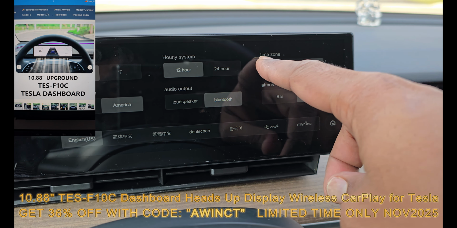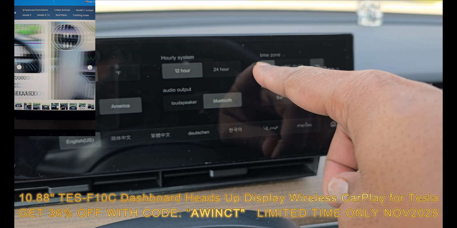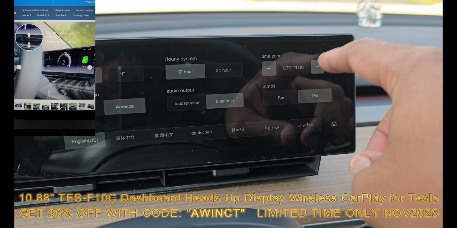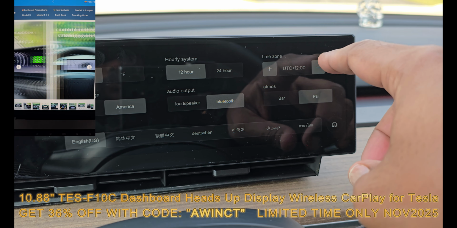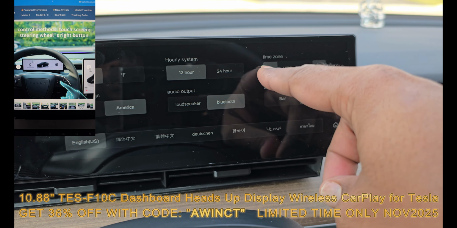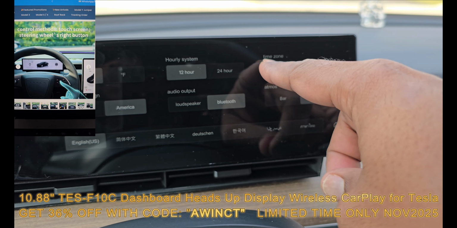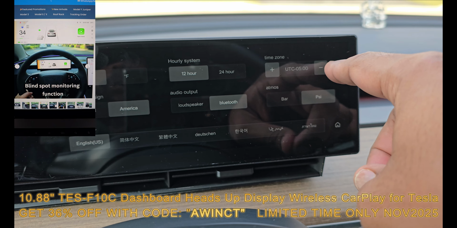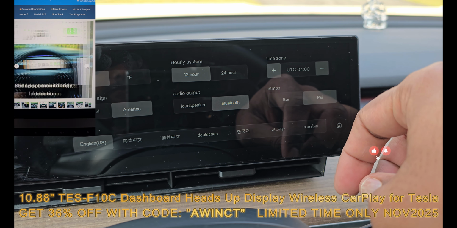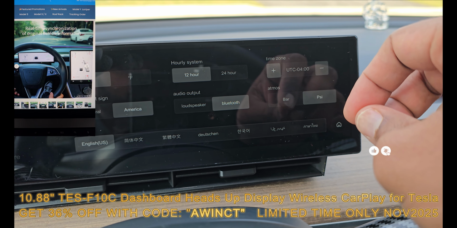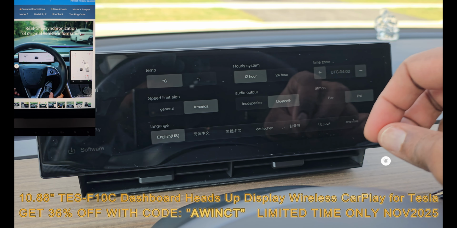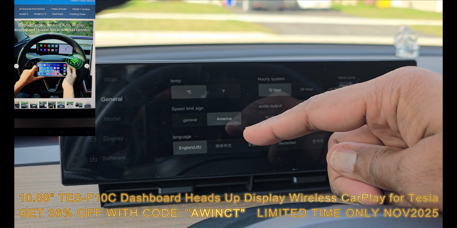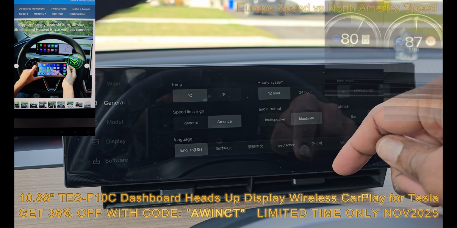UTC Central. One thing, it goes all the way from -12 all the way to positive. So I figured out that mine was -5, -4. That gives me the current time of 2 p.m. in Canada. Speed limit sign, I have it on America,